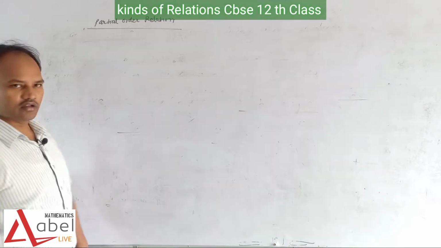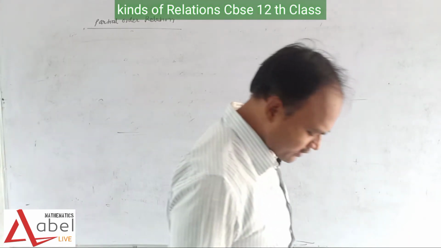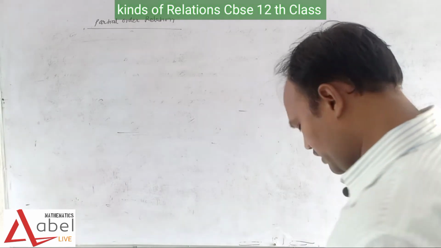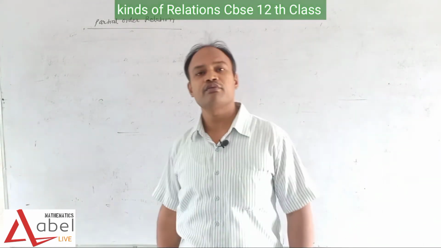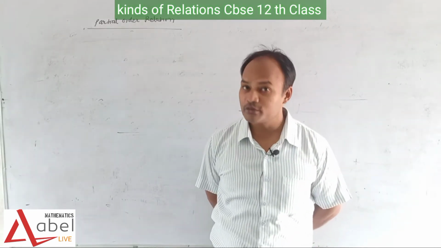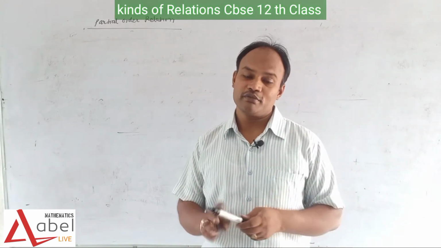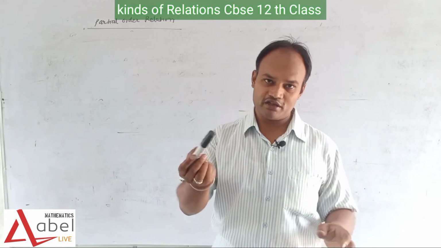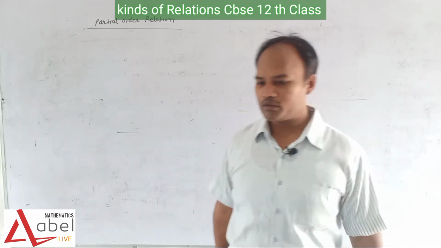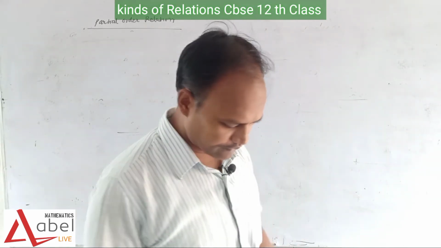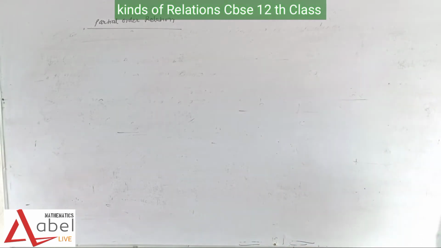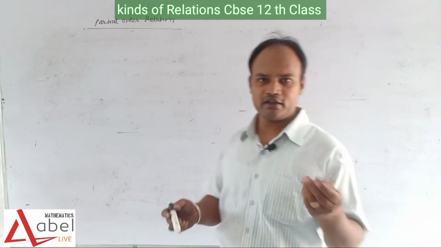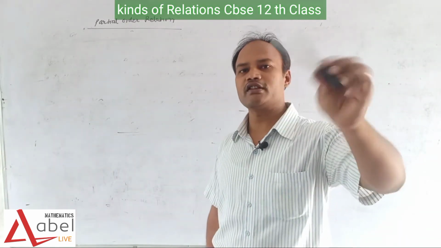The next topic is partial order relation. So what is the partial order relation and how can we define it? I think we know very well what is reflexive, symmetric, transitive and anti-symmetric. When we say reflexive, it means A related to A. It means this pen is related to this pen. This pen is related to itself, it is reflexive.